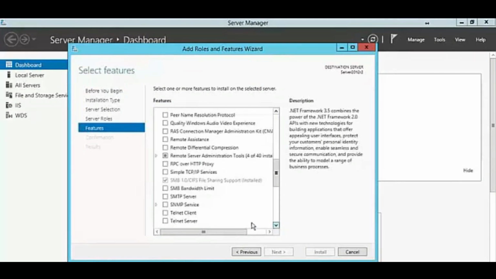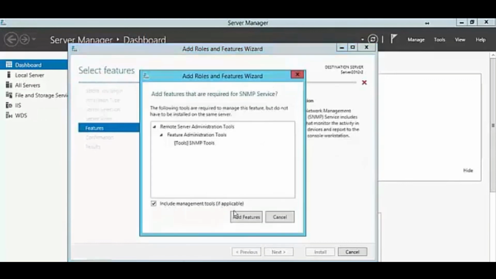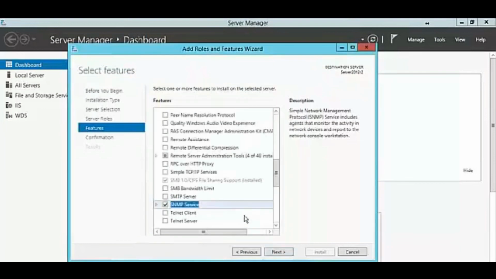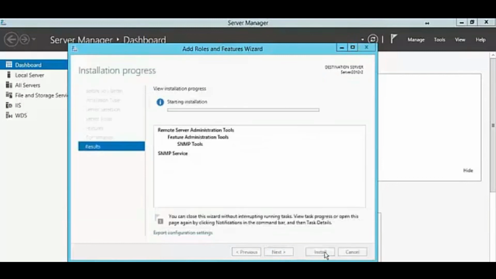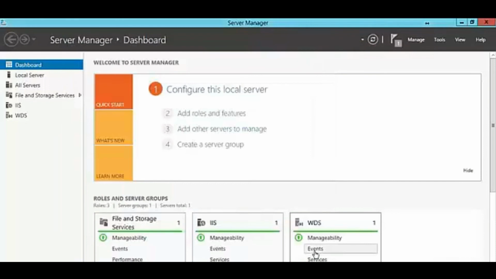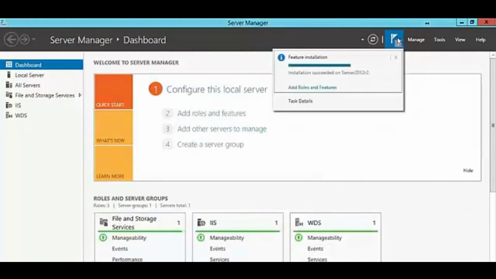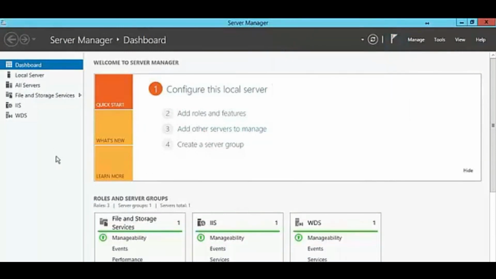And I'm going to select here to install my SNMP service. It tells me that I need to install some additional tools. I'll hit add the features. And then I'm just going to select next, hit install. Tells me here that it's successfully installed. I'll hit close. Notice here under my action flag, I have that it's successfully installed, so I can get rid of that. And then I'm going to come into